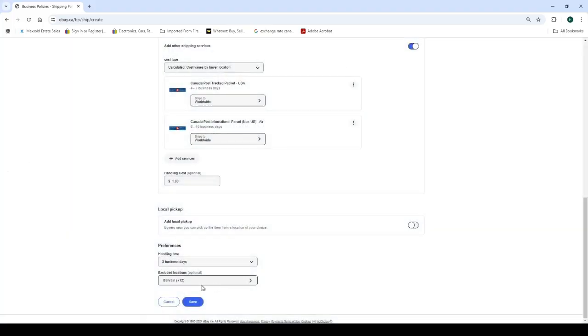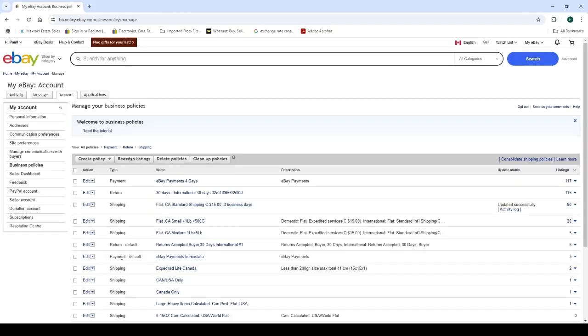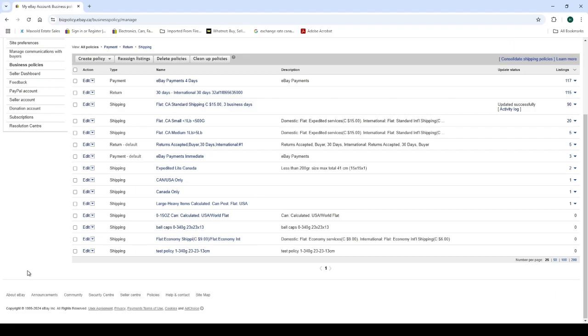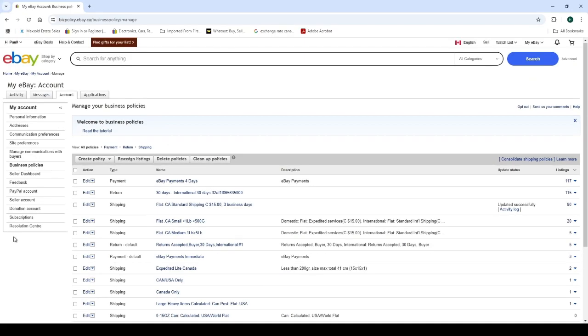We'll leave it like that for now. And that's it. You created a shipping policy, then you just save it. Now from there you can go to your drafts, and when you create a draft for that baseball hat, you just click on the baseball hat, ball cap, shipping policy, and that's it, because everything's already entered for you. Now, you do need to enter the weight and dimension when you create the policy. So let's